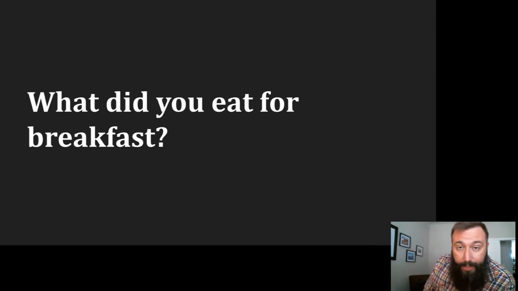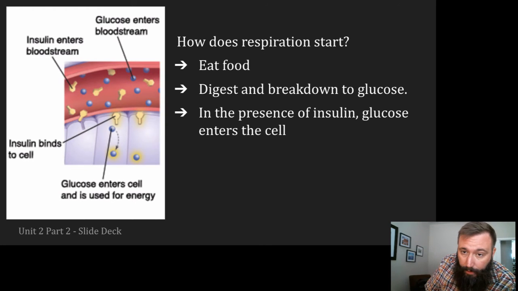And your body has enzymes, once you eat that food, to start to break apart those glucose molecules, breaking the bonds that hold all of them together, releasing the glucose molecules so that they can enter your bloodstream, and your cells can start to oxidize it. So take a look, right? How does respiration start? It starts by you eating food. You would digest your food. You have enzymes that help to break down that food into glucose, and then it enters and dissolves into your